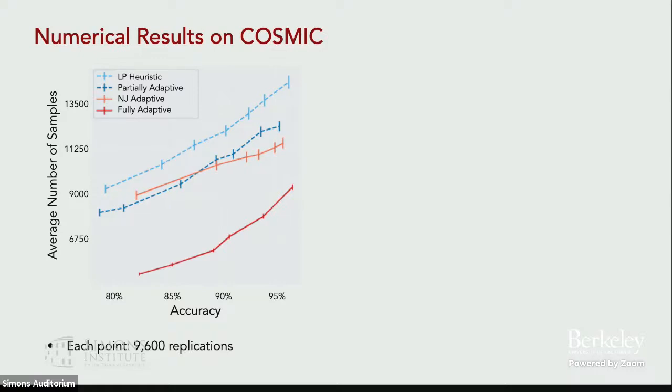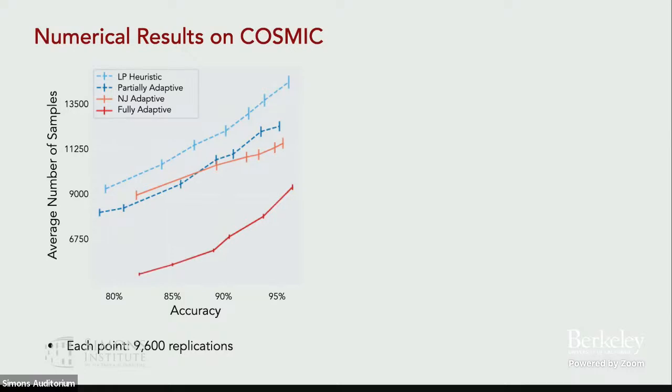Now, what we are doing in this table here is we are looking at 8 different cancer types. So that's 8 different hypotheses. And we're looking at genetic address intervals as our action space. The x-axis here is the accuracy of the algorithms. We're looking at 4 different algorithms in this figure, and the y-axis is the average number of samples that are used